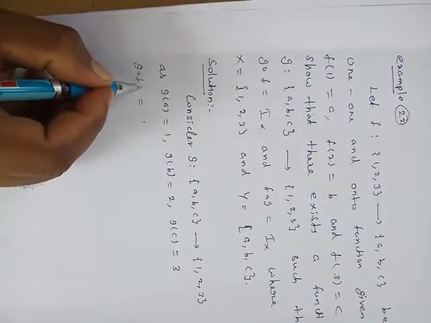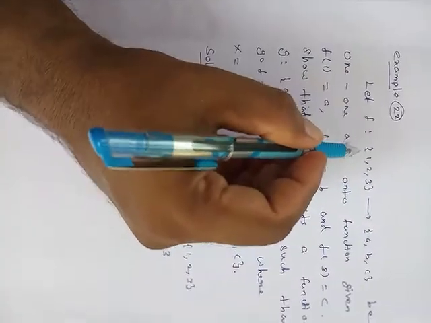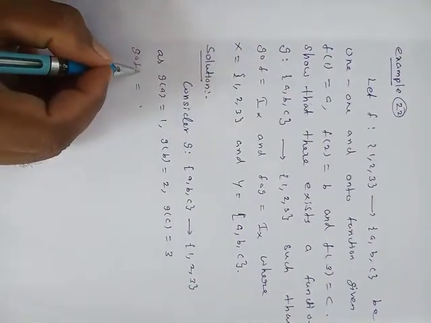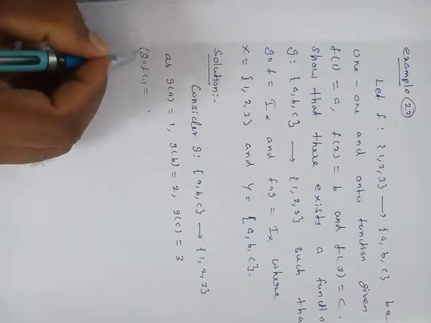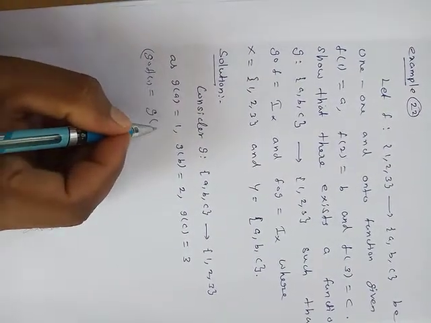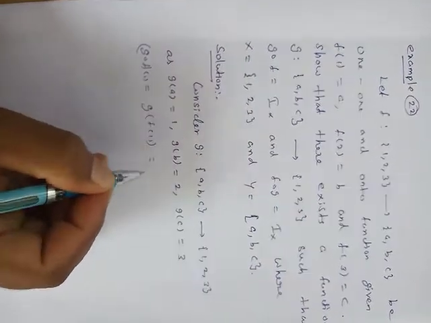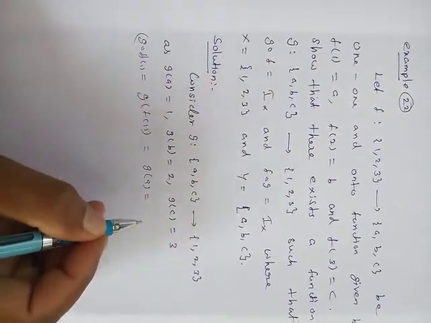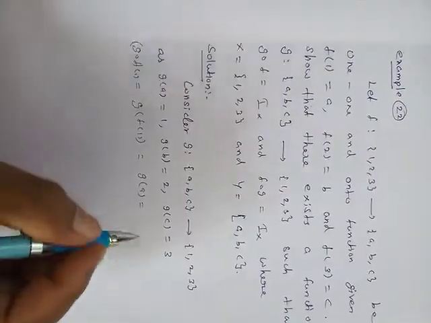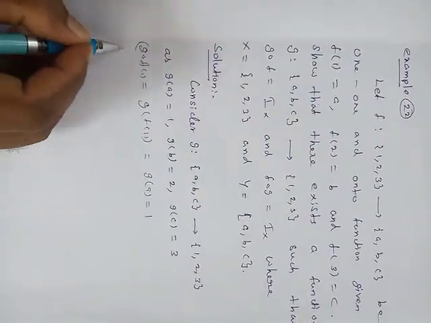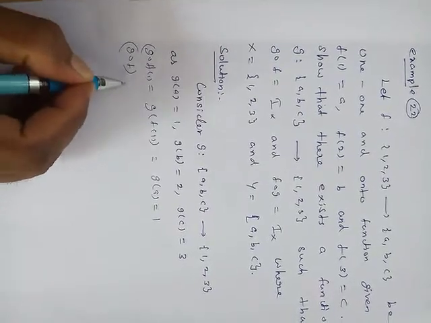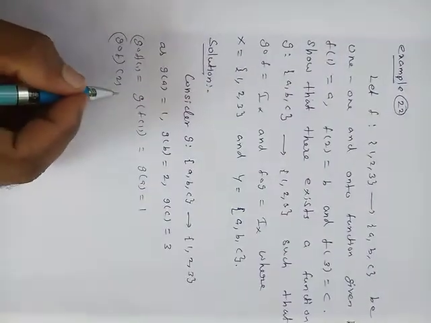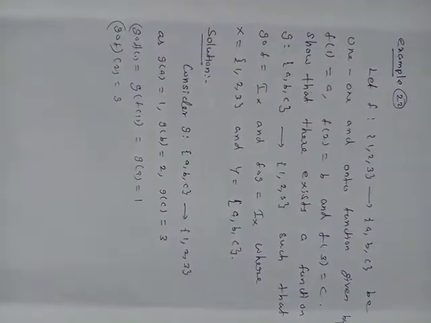for the elements in the domain of f. So (g∘f)(1) = g(f(1)). f(1) is equal to a, so g(a) is equal to 1, as I defined. Next, (g∘f)(2), the next element of the domain of f, is equal to g(